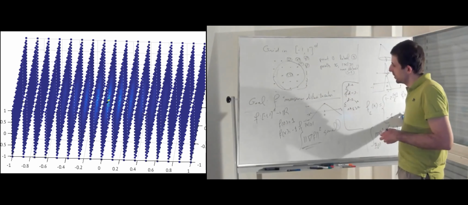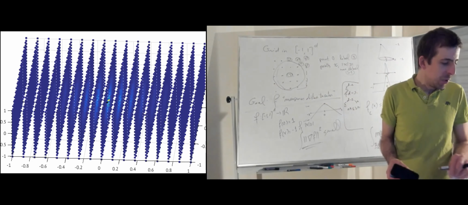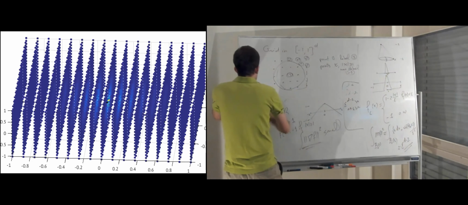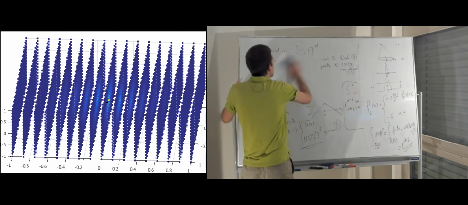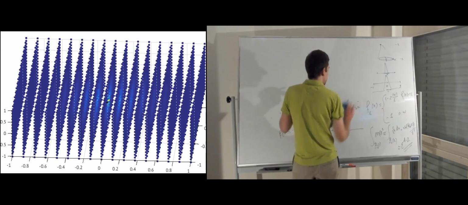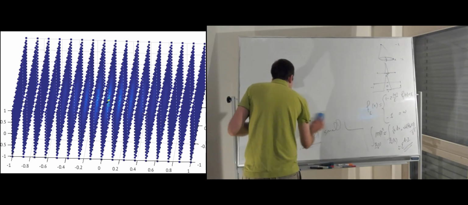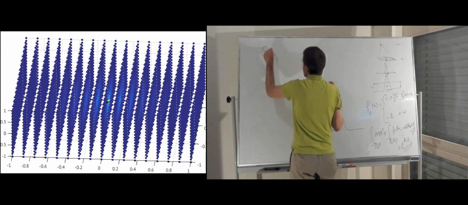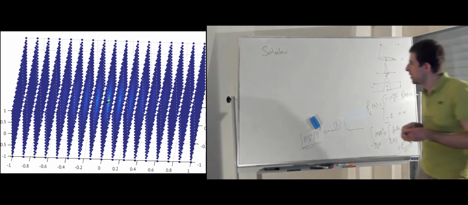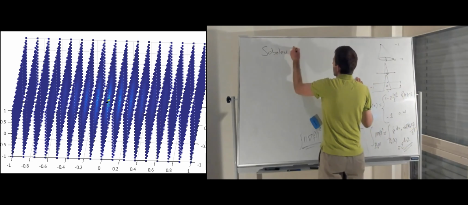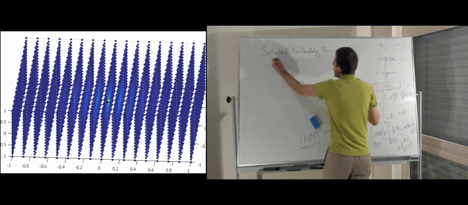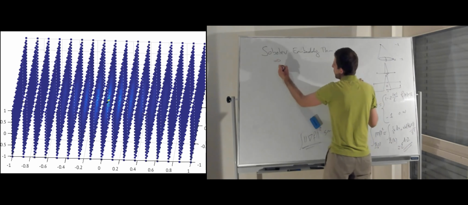But how can we fix this? One way to fix this is by using Sobolev's embedding theorem, or not quite by using it, but by being motivated or inspired by Sobolev's embedding theorem. I will not write out all of the theorem here, but Sobolev spaces are functional spaces that are important to study in differential equations. Among other things, the embedding theorem says that if